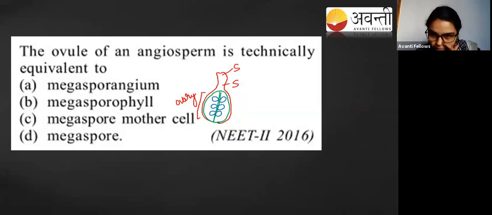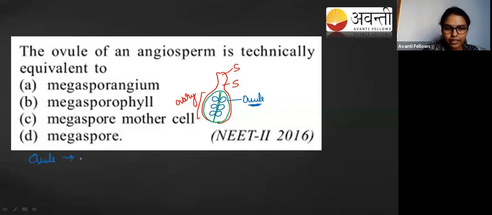But here you are seeing just one type of placentation. Actually, this is an axial type of placentation. But you have cut it down the stigma in a longitudinal section, hence you are seeing like this. Okay, so this one part is ovule. Okay, so this ovule is equivalent to what? Let me write here, guys. Ovule is equivalent to megasporangium.